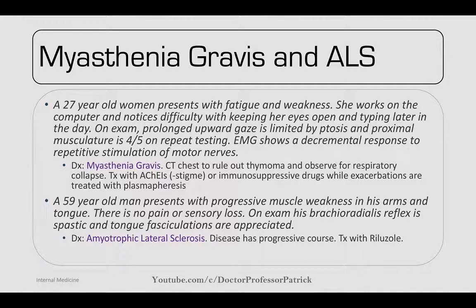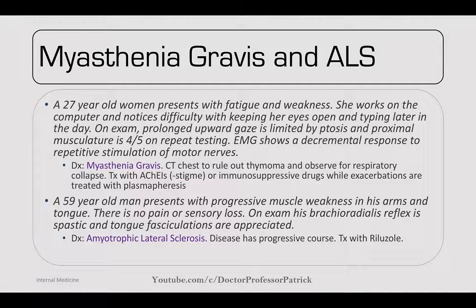Next case, we've got a 27-year-old woman presenting with fatigue and weakness. She works on the computer and notices difficulty keeping her eyes open and typing later in the day. On exam, prolonged upward gaze is limited by ptosis, and proximal musculature is 4 out of 5 on repeat testing. So an EMG shows decremental response to repetitive stimuli of the motor nerves, and this is diagnostic for myasthenia